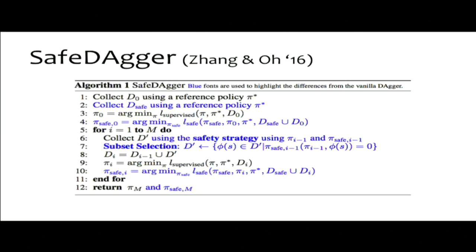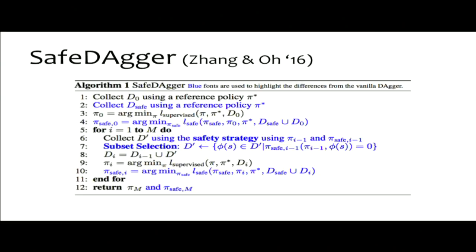Then you retrain your policy using the new data that you collected, and you retrain your safety classifier using the data as well. Then you repeat, as in DAgger.